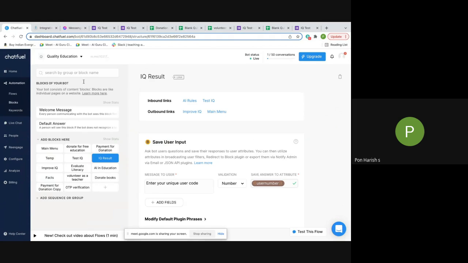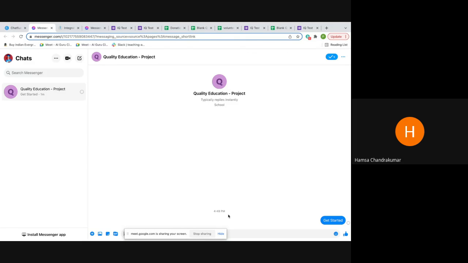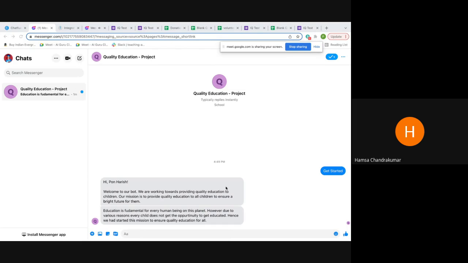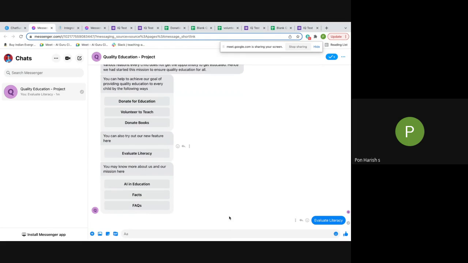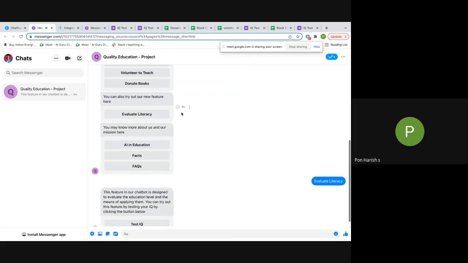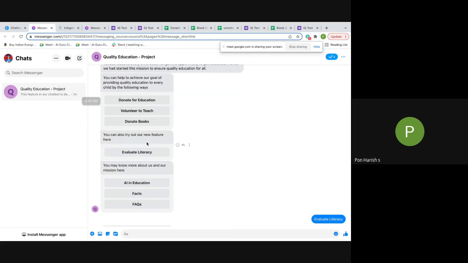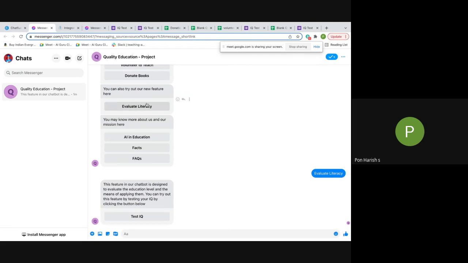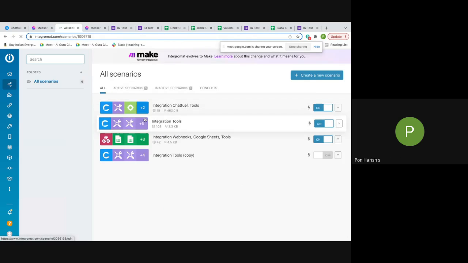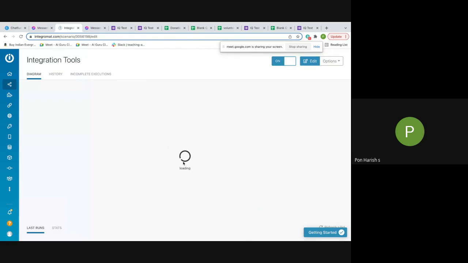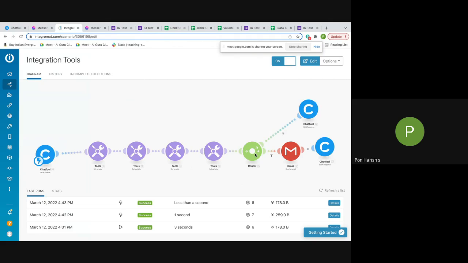I'll just run this. I'll just go straight to this. So here, donate for education and evaluate literacy use the same block. If the block is donate for education, then an email will be sent to the user. It'll just filter out here and go through here. But then if it's